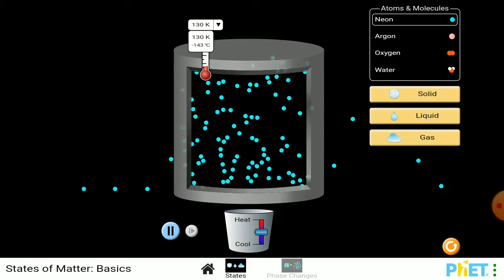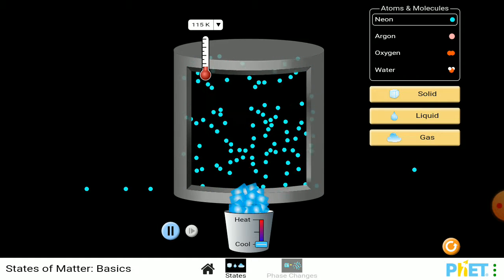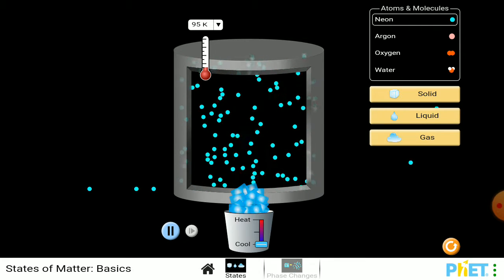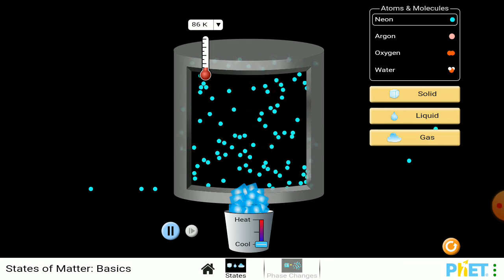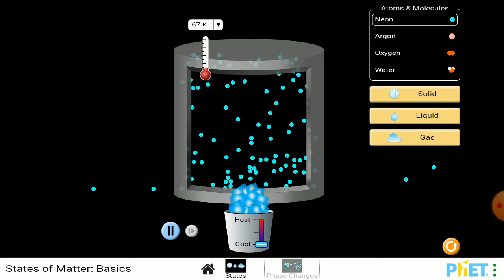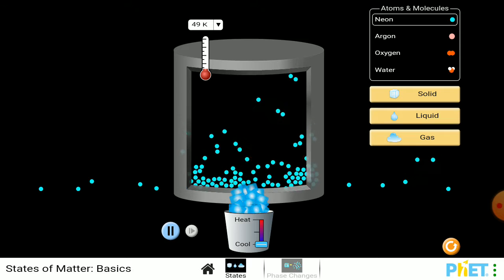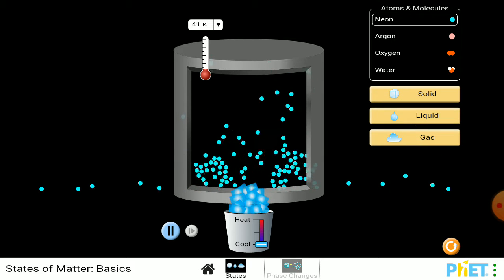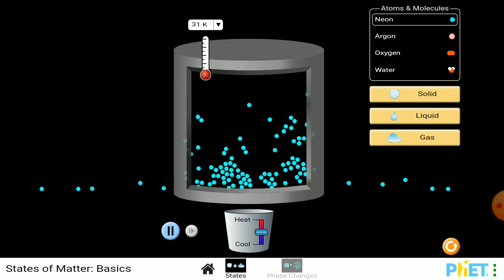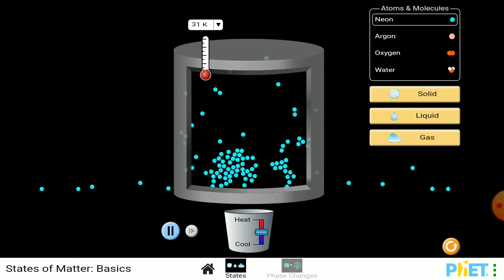Now let me start cooling these molecules. Now I have cooled these molecules. What is happening is these molecules are again getting condensed. They will form a structure, and you will see they are condensed together. They are like sticky substances. You can see they are falling from up and sticking again and again. Such is the cooling, and the process is known as freezing: that was converting to gaseous state, and this is converting to the solid form.